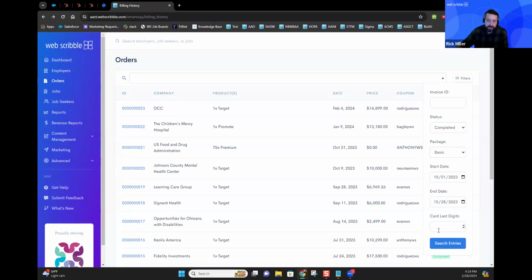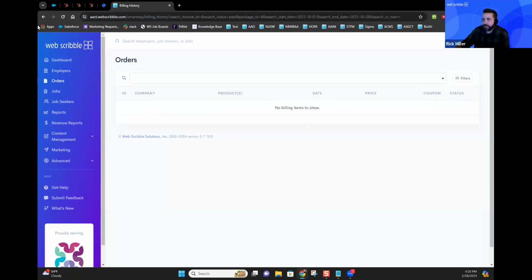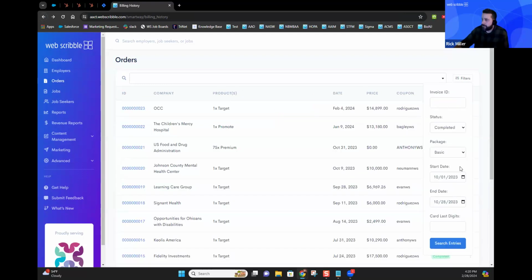We even allow you to search by the last 4 digits of the credit card. This is something that probably isn't utilized too much, but it is an option if you ever were on the phone with an employer and they needed some information from you, and they gave you the last 4 digits, you could use this as an option. So just take a couple minutes and go ahead and mess around with the filters, and you should see some different results in how they're displayed.